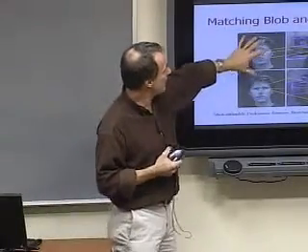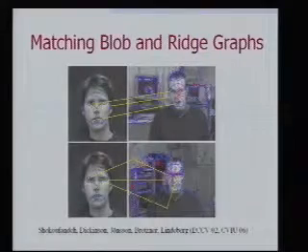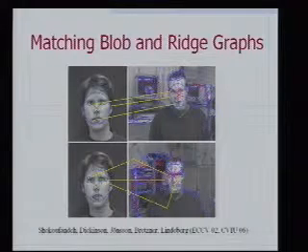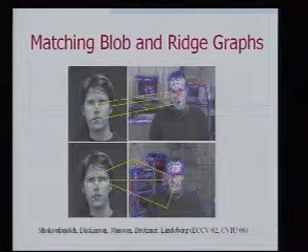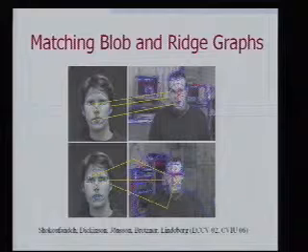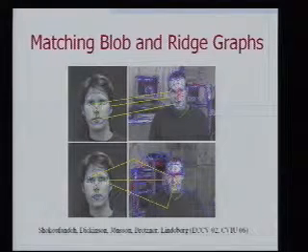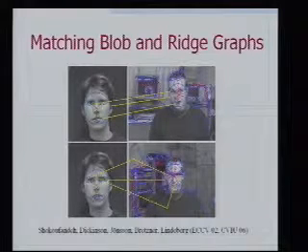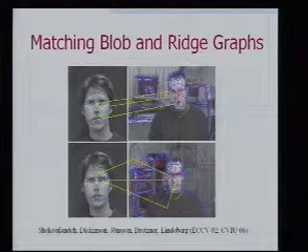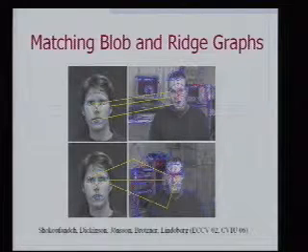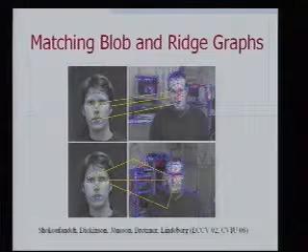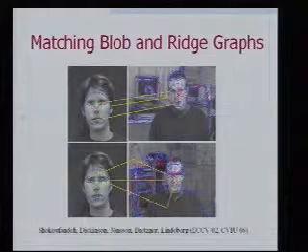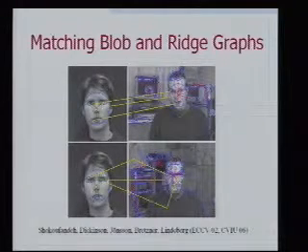So here, getting back to those blob and ridge graphs I showed, here's a blob and ridge. So we present this face to the image. This is our model. Compute the blob and ridge graph. And then we show a cluttered scene where there's some other face, and we say, find the best matching, find the correspondence between this graph and this graph. And using just these simple topological relations, it's able to find the mouth, one eye, and the face. It's able to find 3 corresponding subparts, which is same with the other example here.